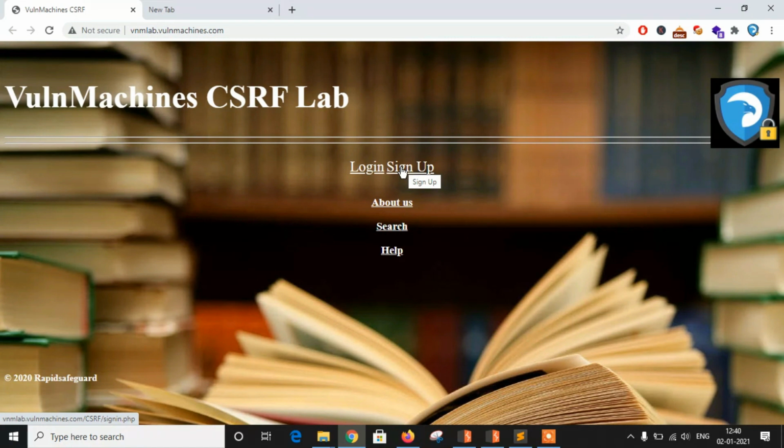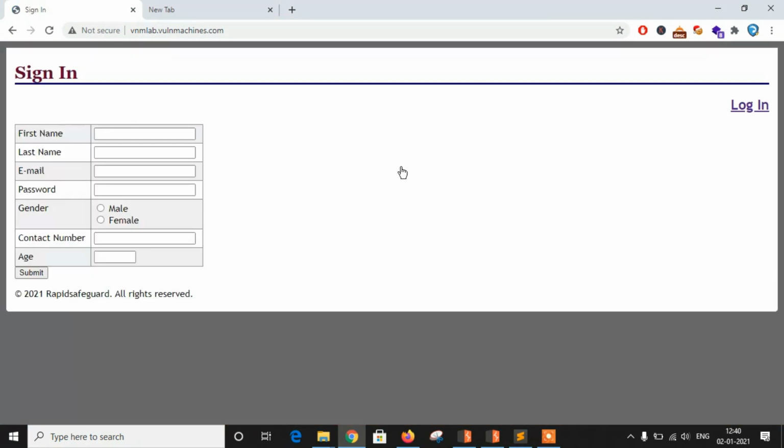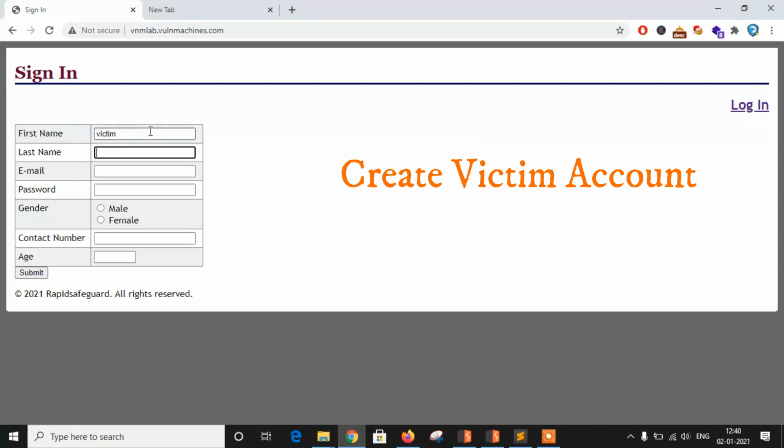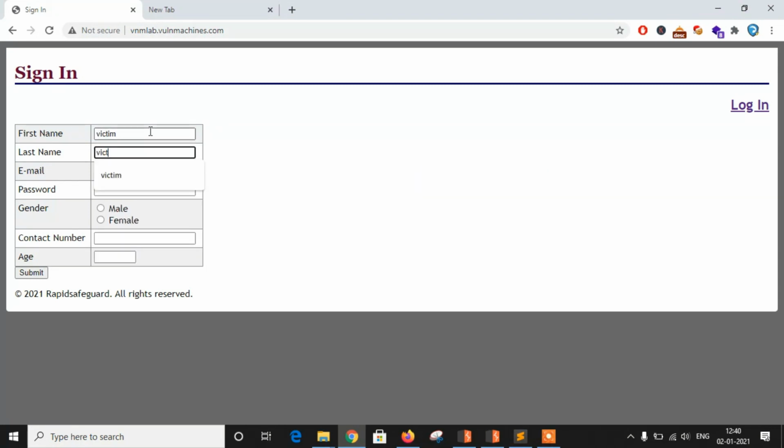So let's click on the sign up page, and over here I am creating an account as a victim. I'm creating a user called victim, giving a random username and password, let's say victim at gmail.com, and 1 2 3 4.